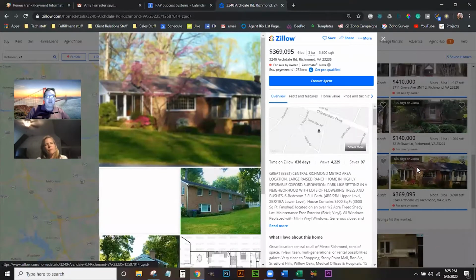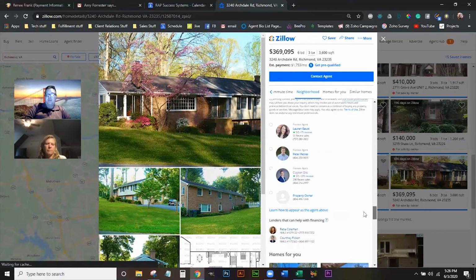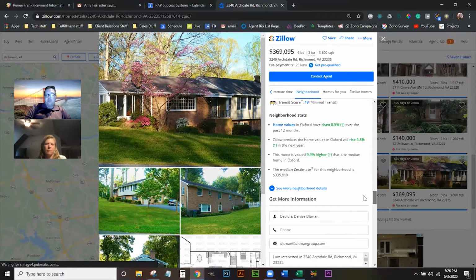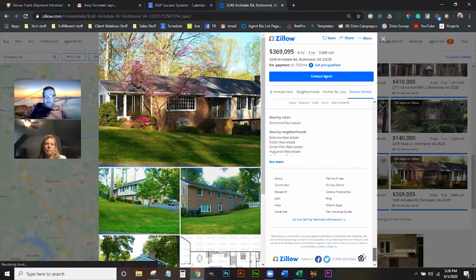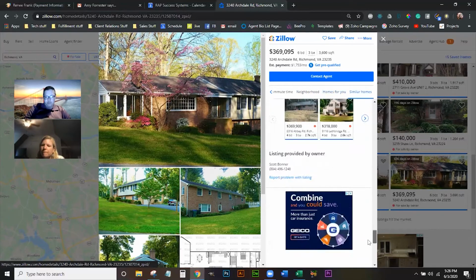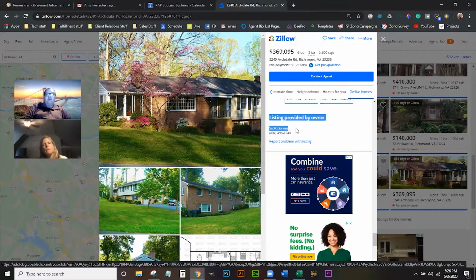the images of the house, the description from the for sale by owner themselves. Sometimes they'll go into great detail about the home, sometimes they won't. If you come down towards the bottom here, you'll actually be able to find the contact information. Computer's a little glitchy today. Any listing provided by the owner is going to have the owner's information at the bottom of the screen. So you're going to go ahead and grab that phone number and you're going to be able to give them